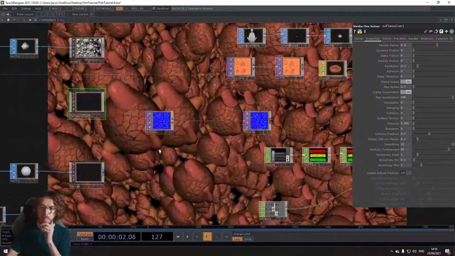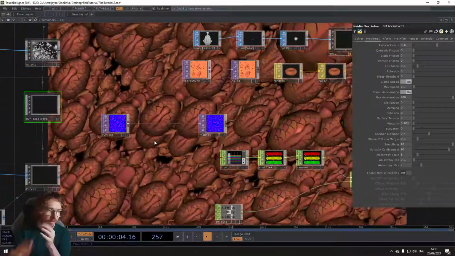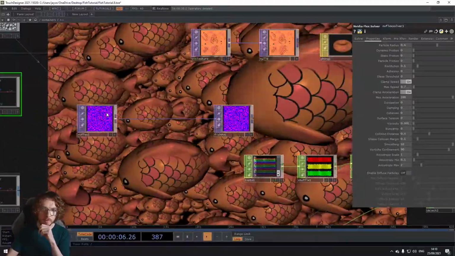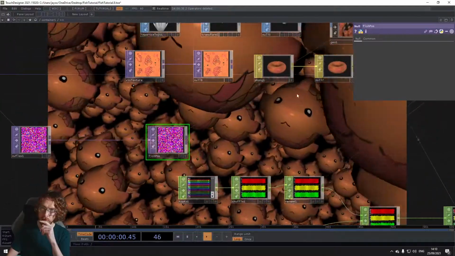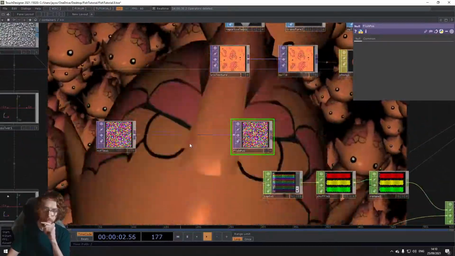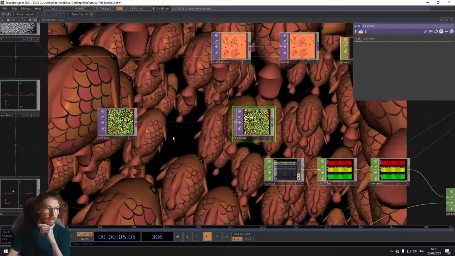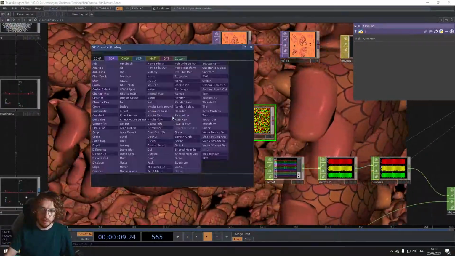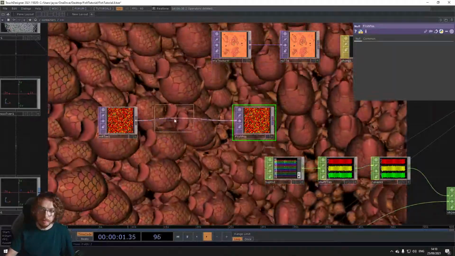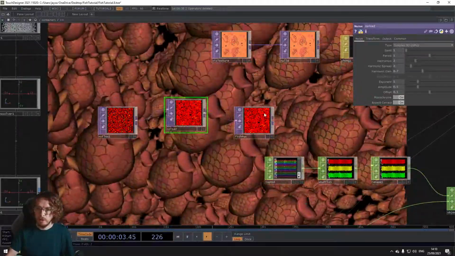But what I've done to recreate that feeling is, in between our Nvidia Flex top and the positions that are going into our instancing, we can pop a noise in here, and that'll give our fish a little bit of wiggle. So in here we go insert and then a noise,